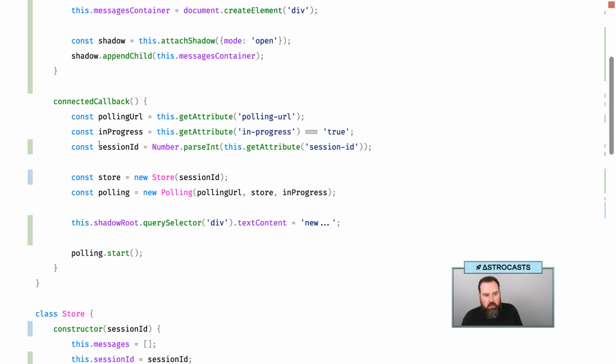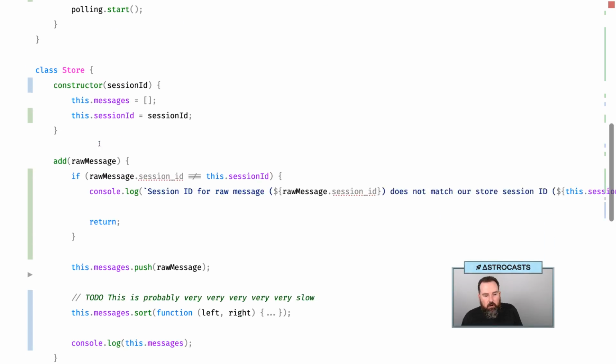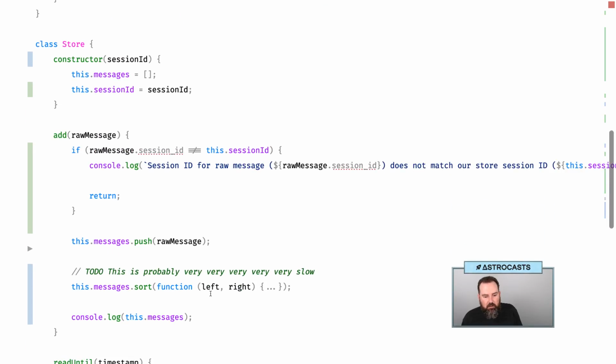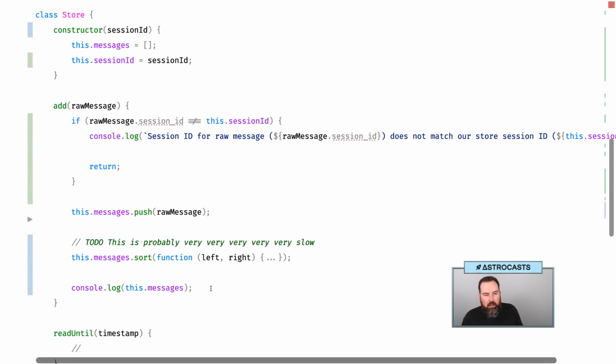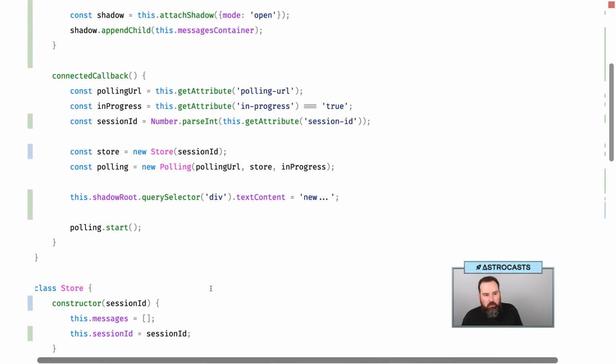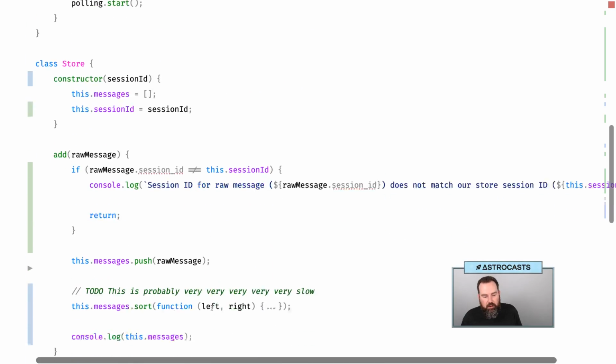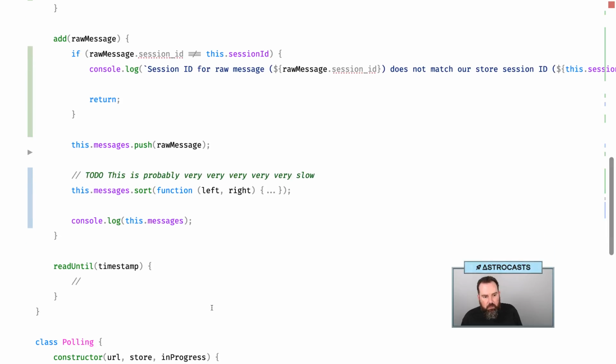So if we have our store pushing raw messages and then sorting them, at least for now it's going to be slow, but eventually it'll be good. We need to be able to then push that information somewhere else. So what we can do,